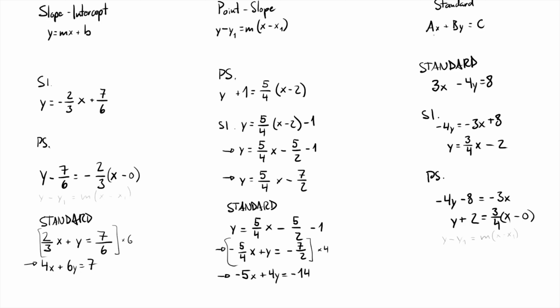So in standard form, for example, your x's and y's are on the same side, and all of your constants, that is things that don't have an x or a y attached to it, are on the other side. In point slope form, you have a y minus some constant, and then on the right hand side you have x multiplied by some number. And on the slope-intercept, you're already pretty familiar with that, so you know what that's supposed to look like. Your y's are on the left-hand side, your x's are on the right-hand side, and your constants are on the right-hand side. So if you're ever confused,